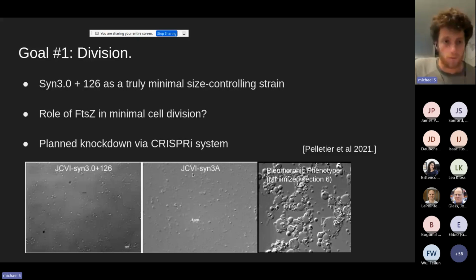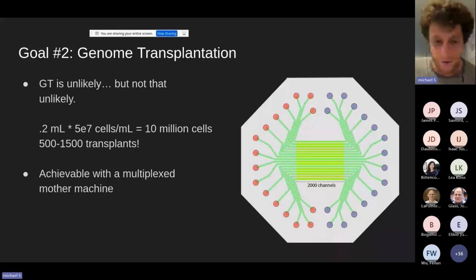Another stretch goal is, I think, really fun, and it follows a lot of work that James Pelletier was doing. We'd really like to be able to see genome transplantation happen in person, let's say. Genome transplantation is unlikely, but it's not that unlikely. If you look at the SIs